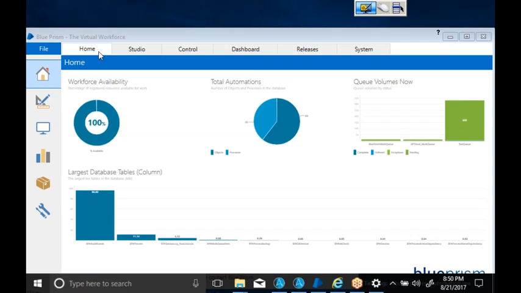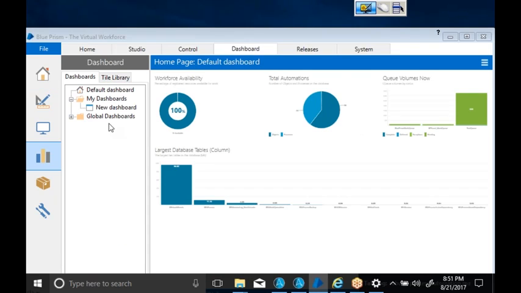Let's come to the first feature, called home. What is available in the home tab? In the home tab, we can see the dashboards. We have one more feature called dashboards here. Under dashboards, you can create multiple dashboards by using the existing data. Dashboards are created for reference purposes, whenever you want to see any data in a graphical view. By using the data, we can create the dashboard under the dashboard feature, the dashboard view.